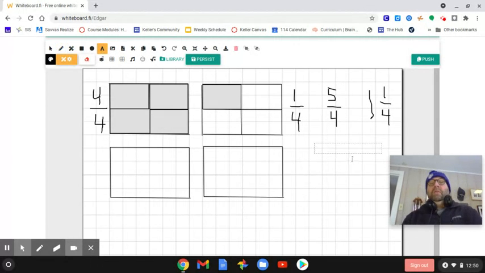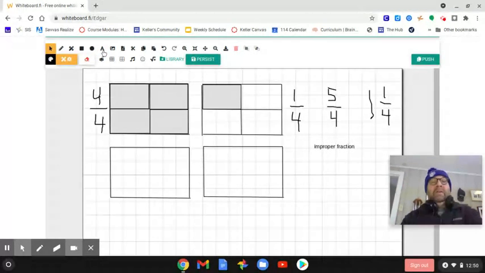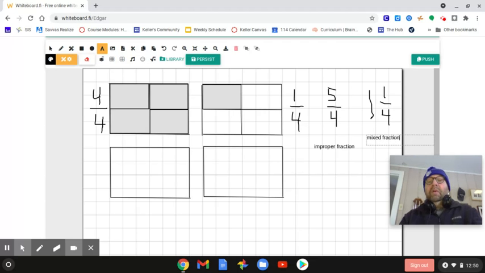And if you remember me talking, there's two different names that we're going to call these fractions, okay? This fraction, we're going to call an improper fraction. And this fraction over here, we're going to call a mixed number. Both are identical fractions, just a different way of showing the same amount. The mixed fraction has a whole number and a fraction. The improper fraction has just a fraction, but if you notice, the top number will be larger than the bottom number. The numerator will be larger than the denominator,